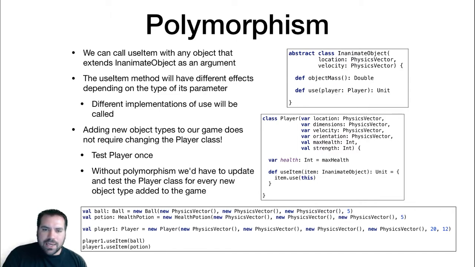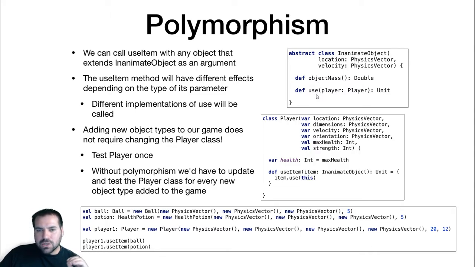Since we can guarantee through the inanimate object class that everything that extends inanimate object has a use method that takes a player, we can call that use method through this variable of type inanimate object. We don't know what the use method is going to do, but we know it has to exist. Whenever we extended this class, we had a contract to fulfill. We have to implement the use method, or else our class would have to